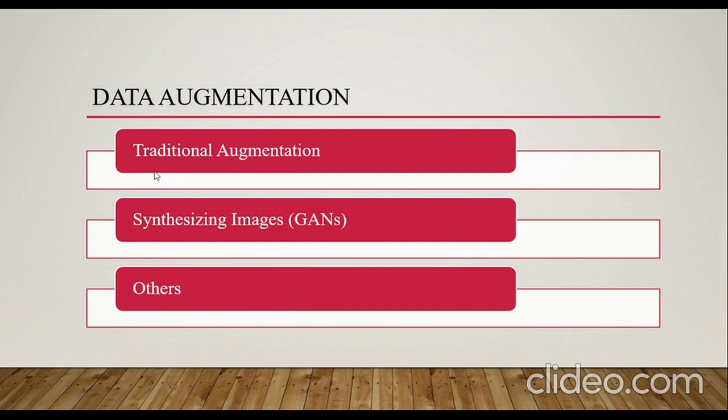The first technique is the traditional augmentation, like rotating the image, flipping the image, translation. These traditional augmentation techniques were used in the literature. The state-of-the-art technique is synthesizing the images. This technique is used especially